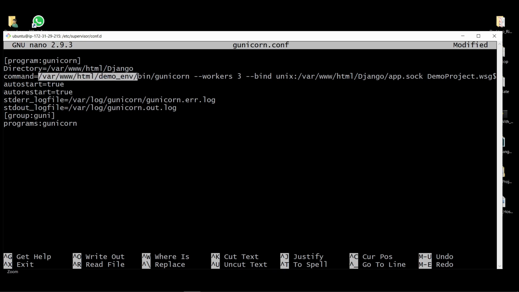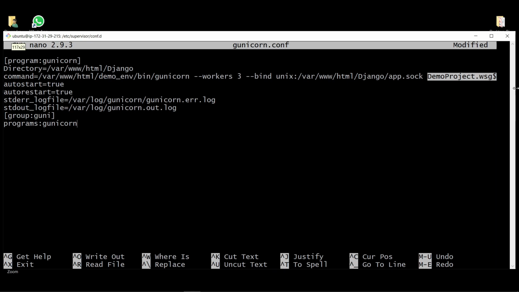This is the location where we have installed gunicorn, and we need to provide the workers for gunicorn. I provided workers as 3, and we need to bind with the Unix socket like this. Up to here it's the project directory, and we add app.sock. It will bind with the socket, and after that we need to provide the WSGI for this application.